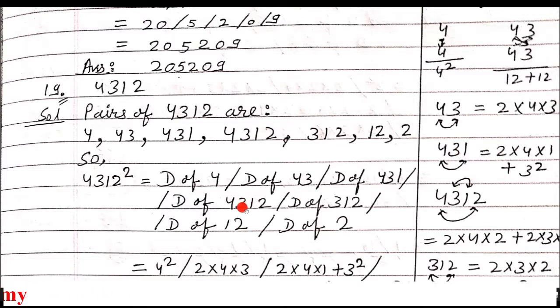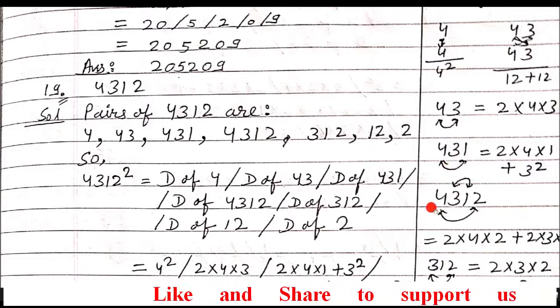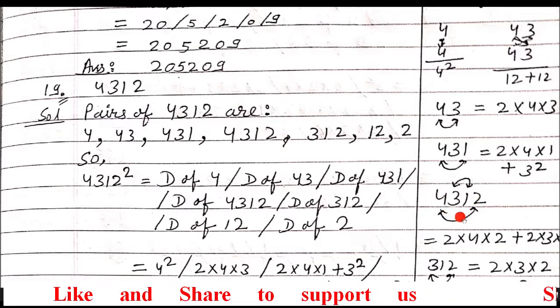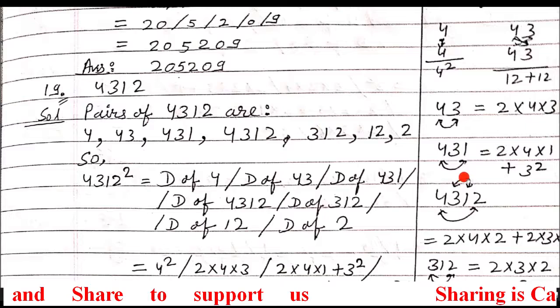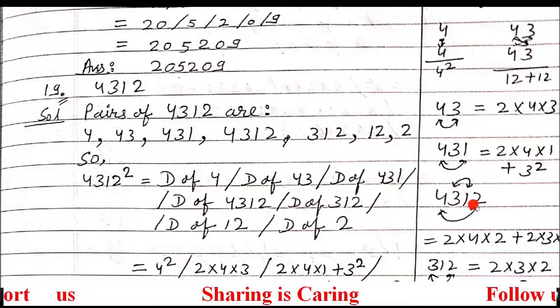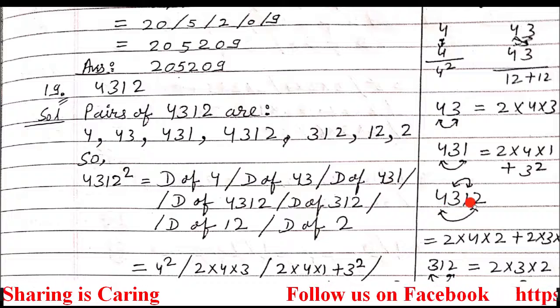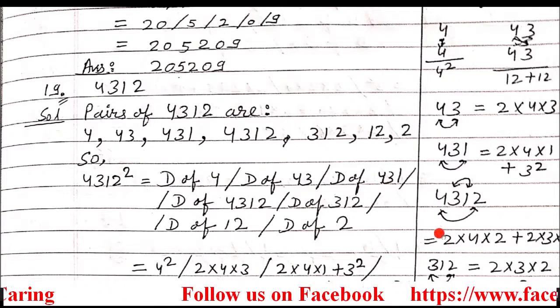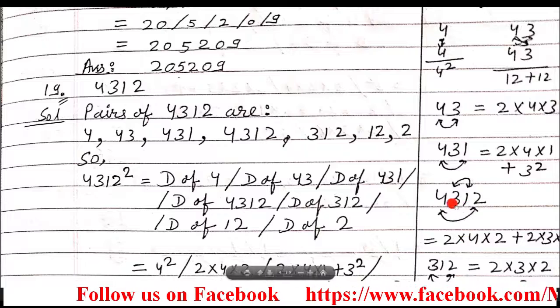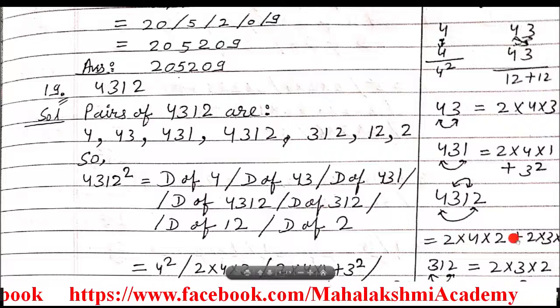Now when you have to calculate the Dvandva of 4312, you just start to make the pair like this, digit from the extreme. So 4 and 2 will come in one pair, and 3 and 1 will come in another pair. So for the digits which came in the pair, you have to write down an extra 2. So 2 into 4 into 2, and with 3 and 1 again you have to write down 2. So like this it will happen.